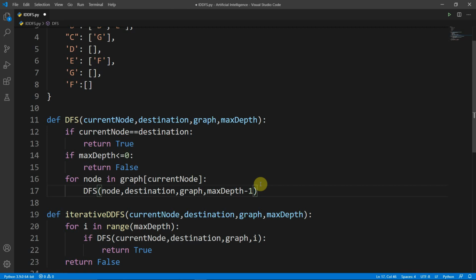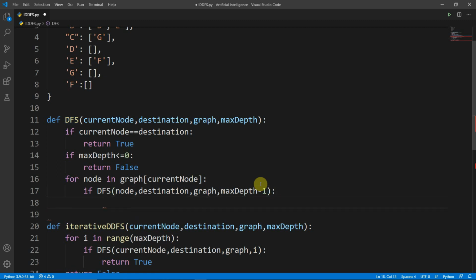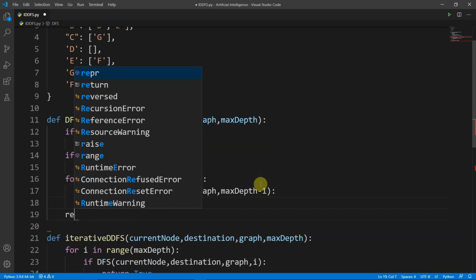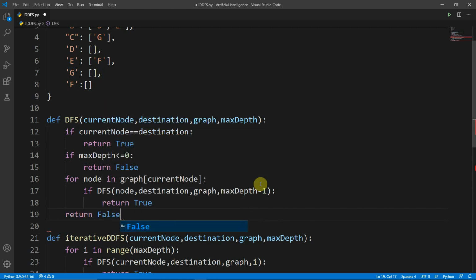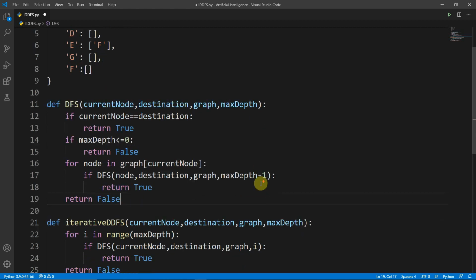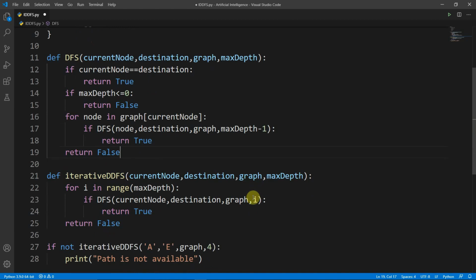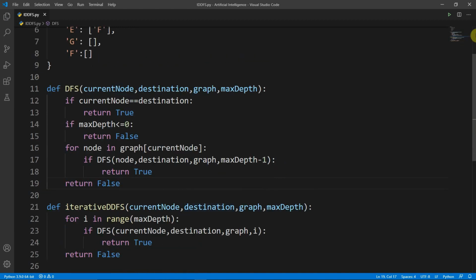And we will do something similar: if DFS returns true then we will return true, and if it doesn't we'll just return false. So yeah, that's our implementation of iterative deepening depth first search.